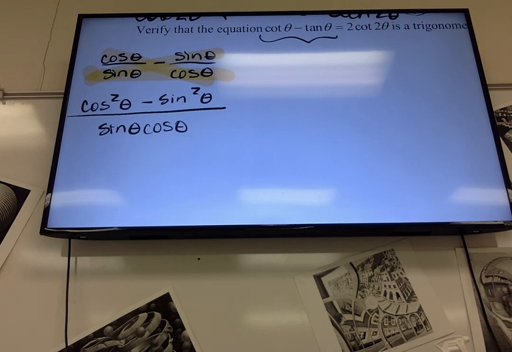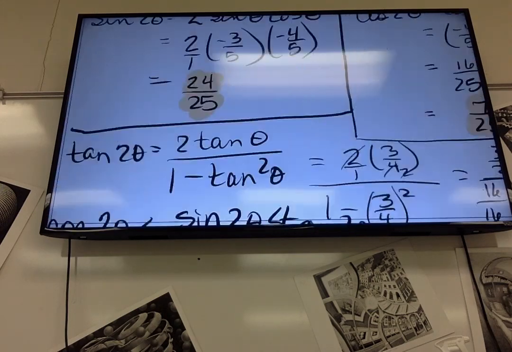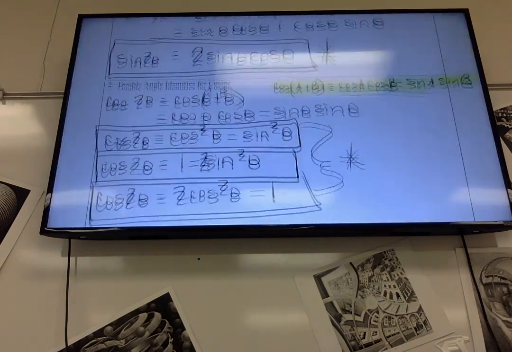Now this is a great example of where you cannot just start canceling stuff. You can't go, oh, that cancels with that, and that cancels with that, because of that subtraction sign. And I'll have people everywhere that will want to make this 1. Why isn't it 1? Subtract. It's got to be plus in order to be 1. Good. So this comes from, and these identities I will give you. This one